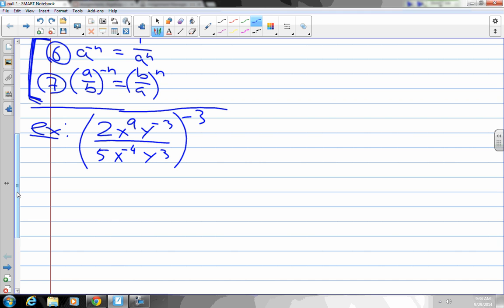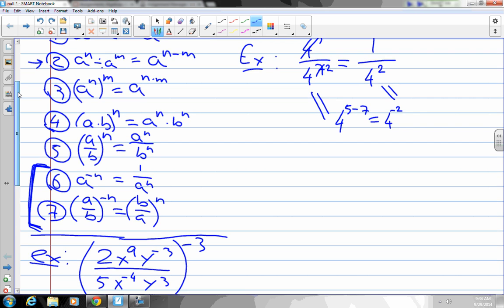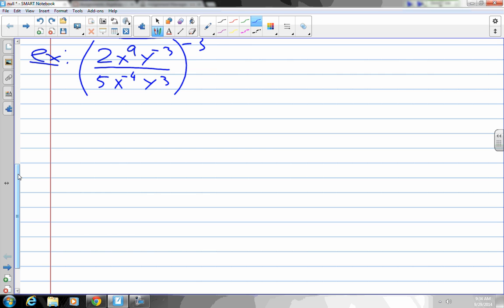So there's, again, no exact set of steps to follow. Just don't invent your rules. That's usually what gets you in trouble. But operating with the 7 rules I have, we should be able to get it done. So for whatever reason, because it's Monday, I'm going to get rid of the negative on the outside first. You don't have to do that first, but hey, I feel like doing that first. Is that okay? So I'm just going to flip the inside fraction. I don't have to do that, but